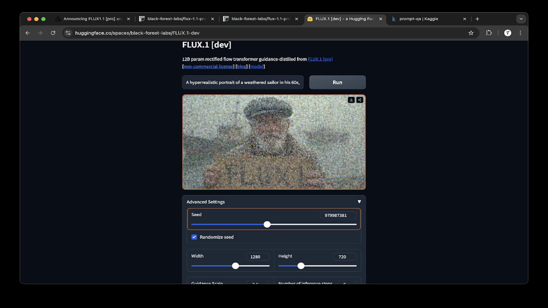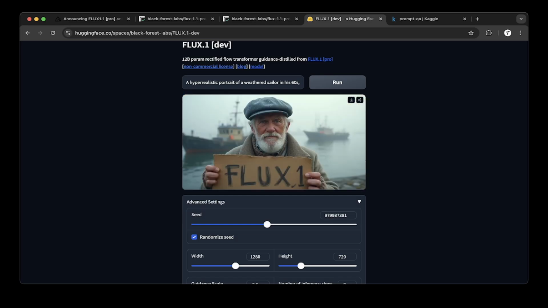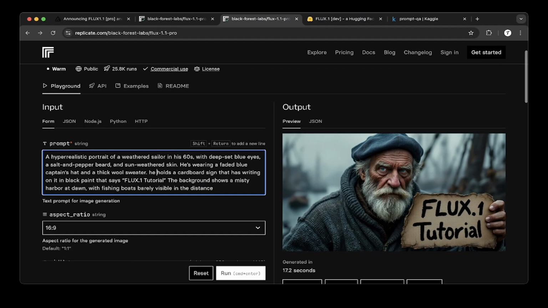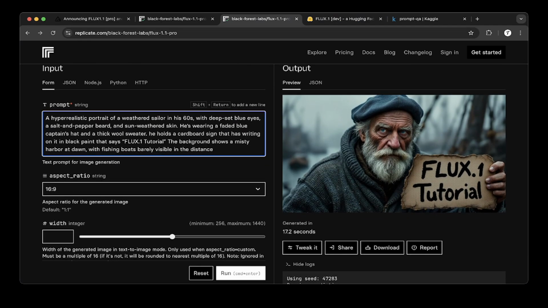Flux.1 Dev is a little bit slower, as the announcement today made. So, Flux 1.1 Pro is much quicker, in fact, and the quality you can see, the 1.1 Pro is better. So, which is true, as the statement says. I think this covers basically the Flux.1.1 Pro, how you can quickly access it and test it out,